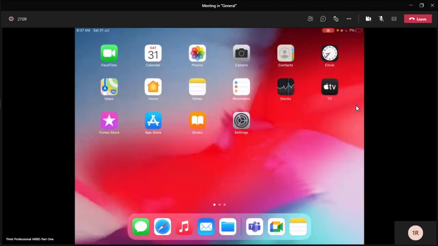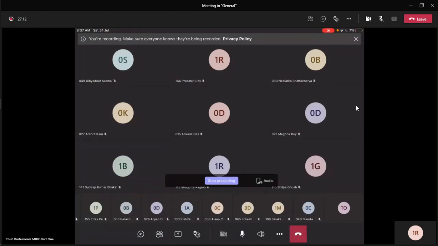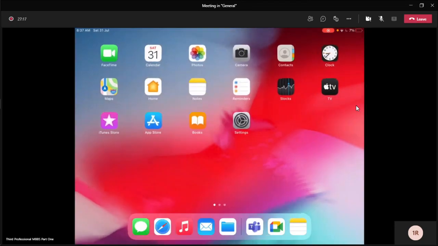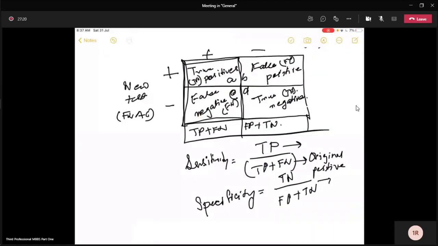Okay, thank you. So now you know the sensitivity and the specificity formula. Okay. The next part that will come to us, that will be more important to you as doctors, is the reverse thing. What is the reverse thing? That is, you want to tell the patient